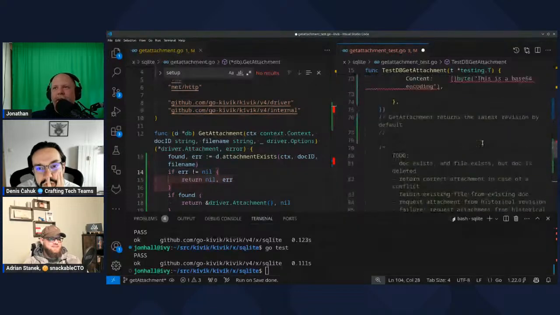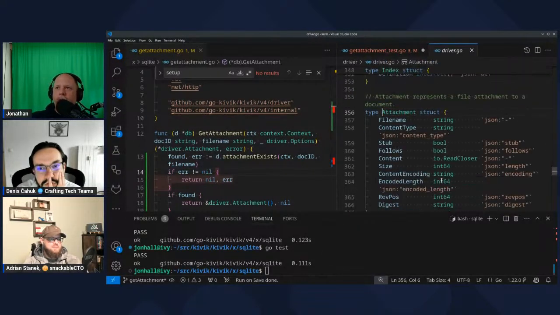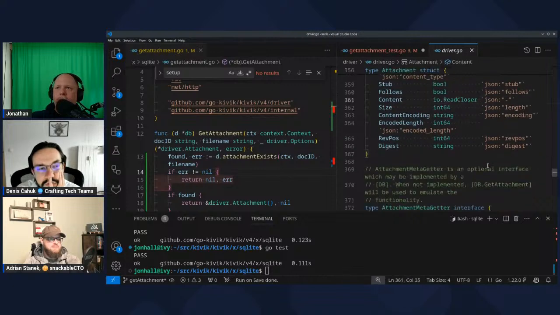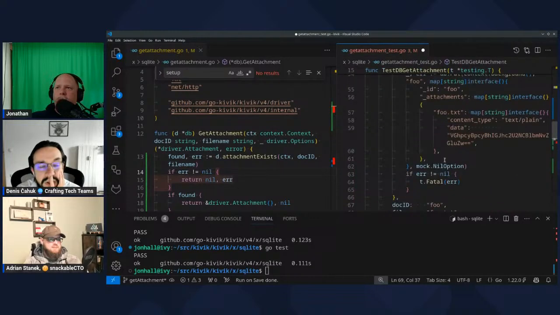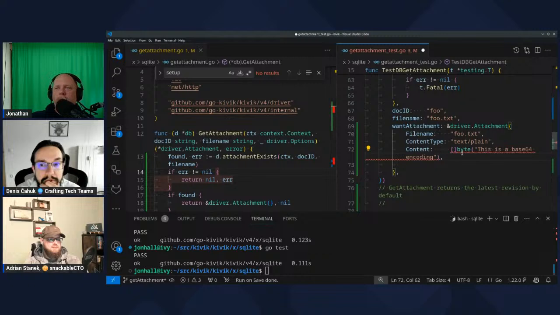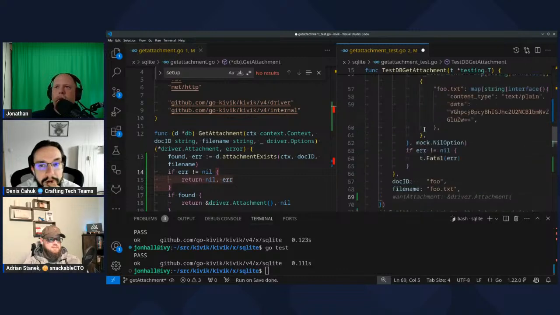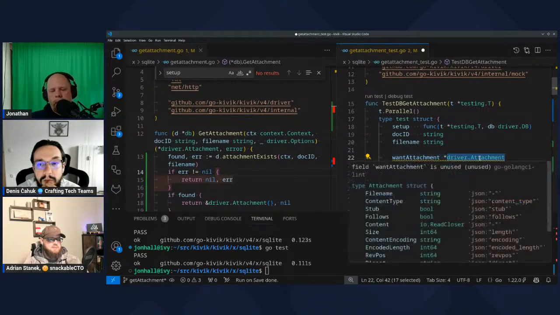So this particular type isn't easy to compare because it contains a reader. So I need to do some gymnastics. But that's fair because we want to do these gymnastics, right? It just means I can't test against this type directly. Yeah. Because let's create a type that has the metadata we care about. Okay. Let's do that.